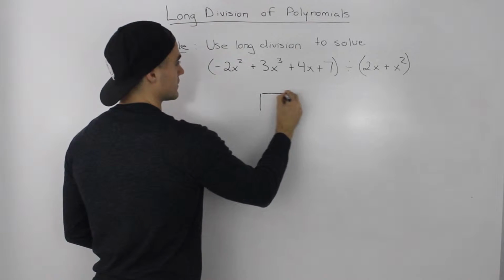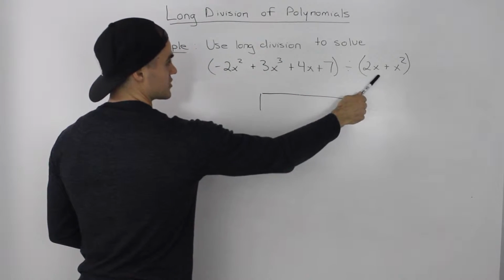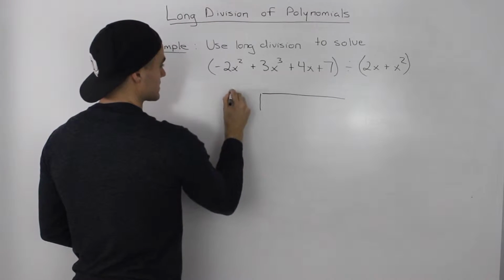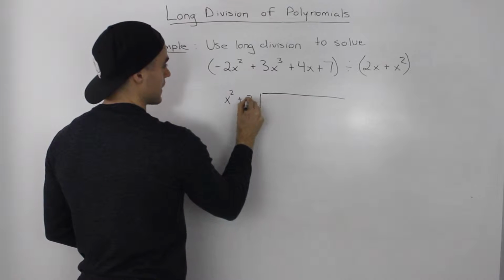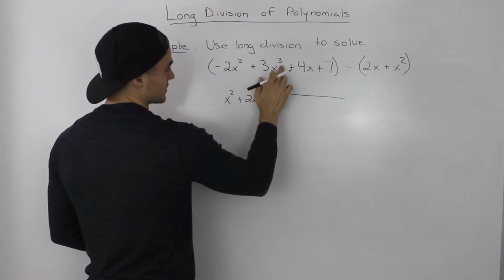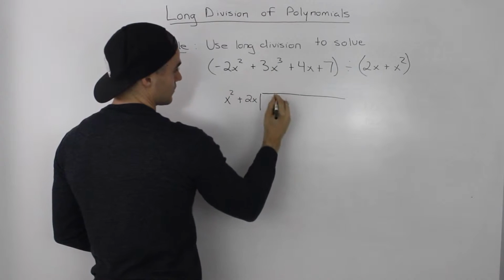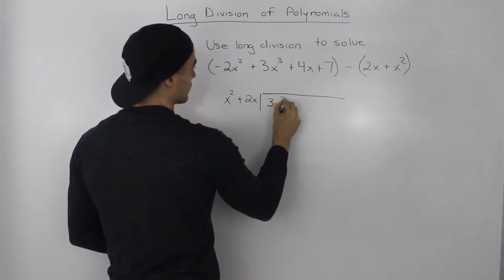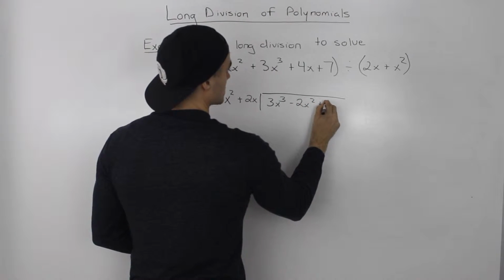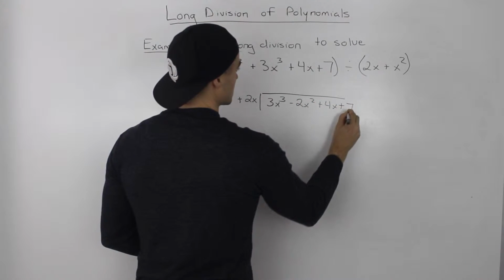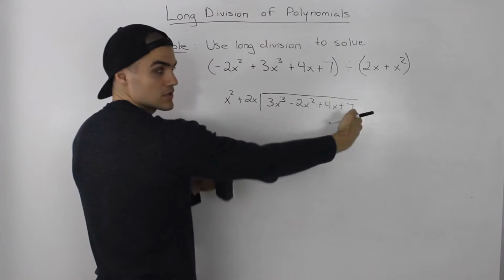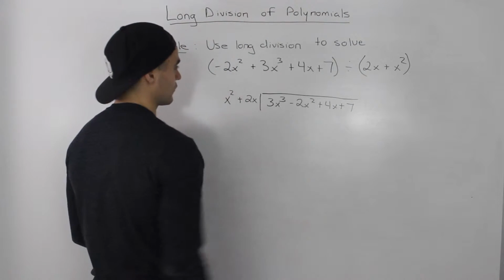So if we rewrite this, let's start with the divisor. The highest degree is 2, so we would rewrite this x squared first plus 2x. And then with the dividend, the highest degree is 3, so we rewrite the 3x cubed first. Next one is this negative 2x squared plus 4x plus 7. Alright, so we took the dividend and divisor, rearranged them from highest degree to lowest degree, and now we can perform the